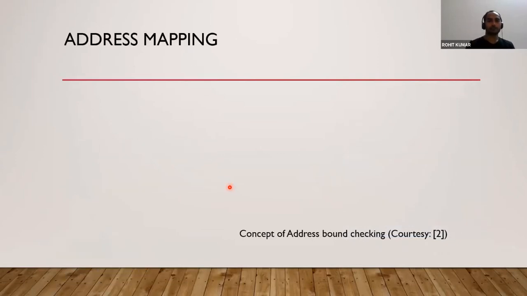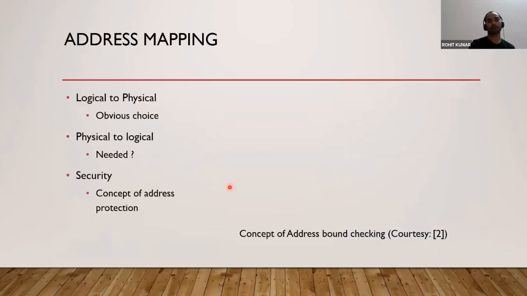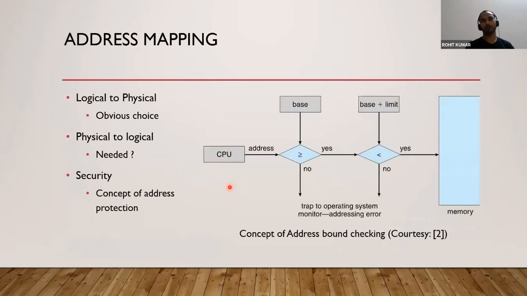Now we are moving forward and we are discussing the concept of address mapping. We have already discussed that there is a concept of physical address and logical address. So see here how the logical addresses are converted into physical addresses. There is a CPU, obviously the processing element. All the addresses generated by the CPU are called what? Logical addresses. Yes. So all the addresses generated by the CPU are logical addresses. So this address is a logical address.